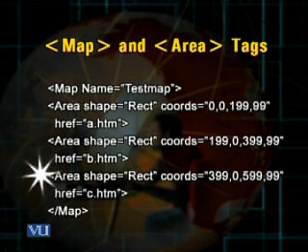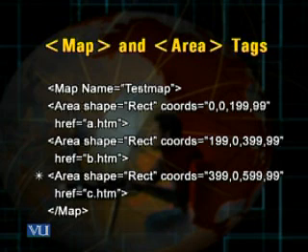Then for region C, the coordinates are 399, 0, 599, 99. These 4 coordinates mark or identify the region C. That is, the coordinates for region C are those on the upper left corner and on the bottom right corner of this region.